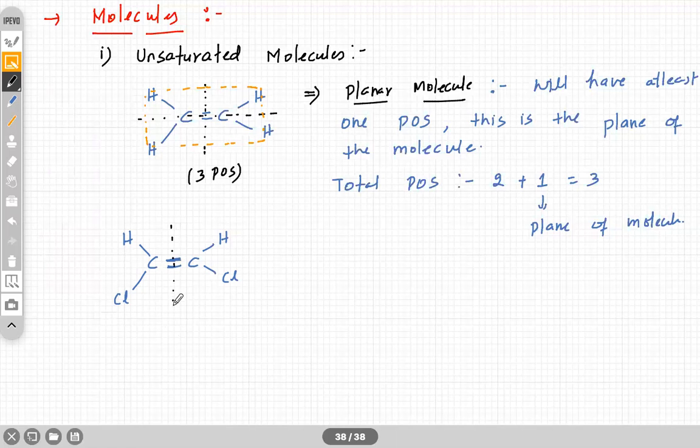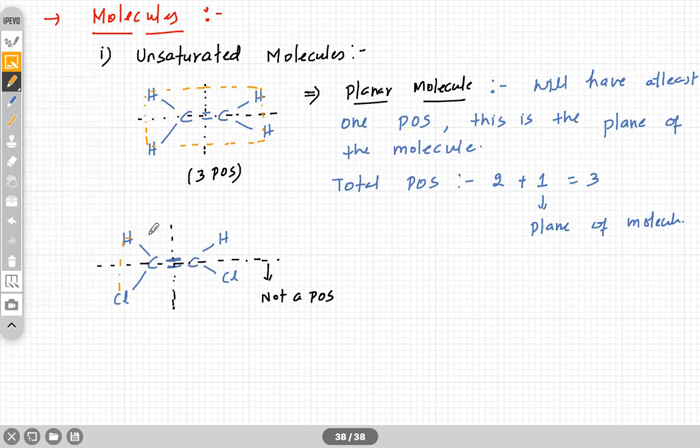You can think of a plane of symmetry like this: H mirror image, chlorine mirror image, carbon mirror image. But this one is not a POS, a plane of symmetry, because this is not the mirror image. This is not the mirror image. So we have only one plane of symmetry plus one more